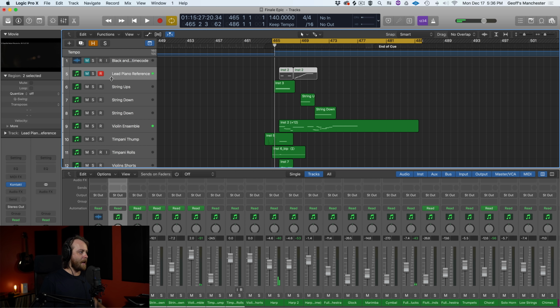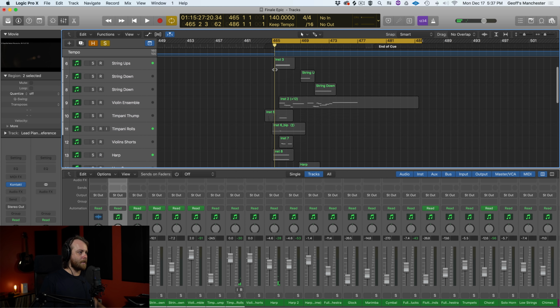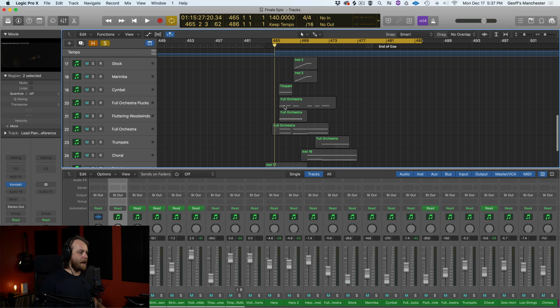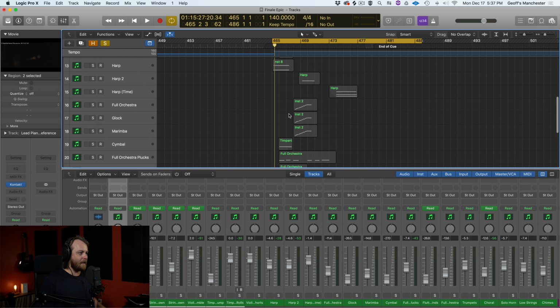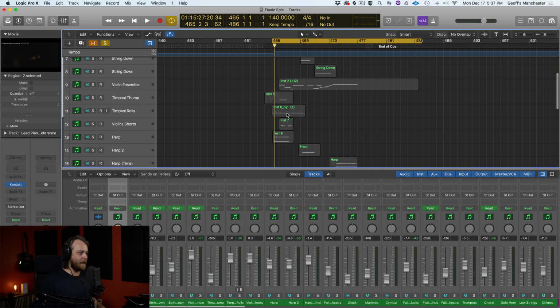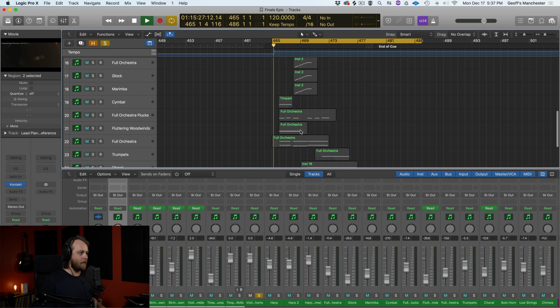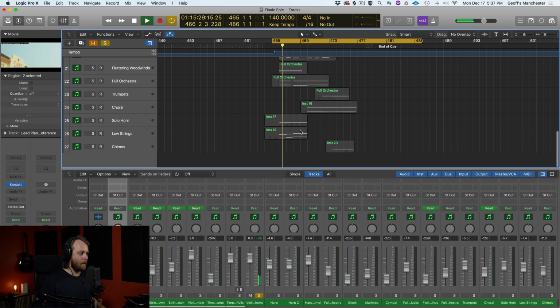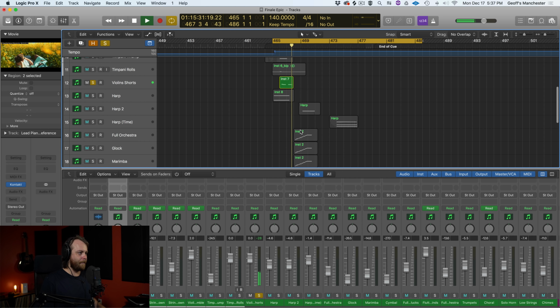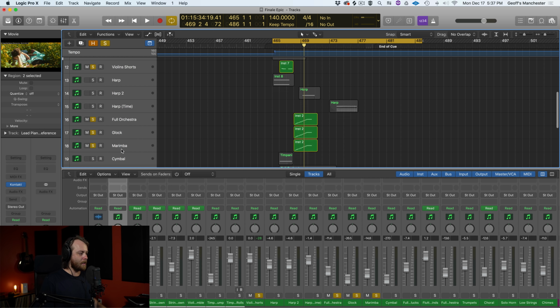So if you listen there, there's the harps coming in. These guys are mimicked, I think the piano is mimicked by the violin shorts over here. Yep. And then for that climb, that kind of ascend, I have full orchestra, glockenspiel,